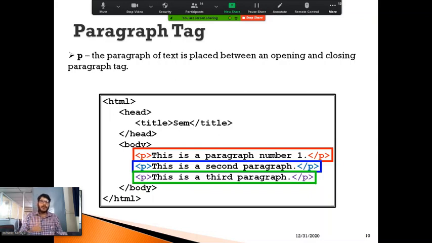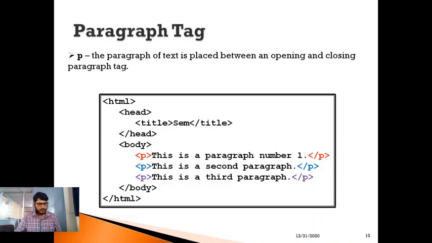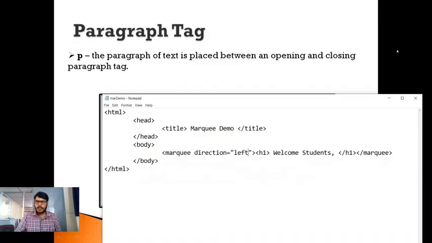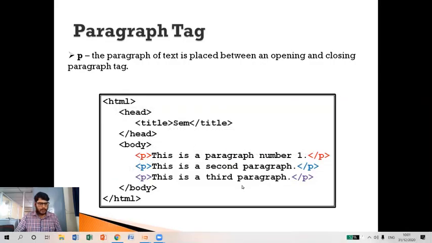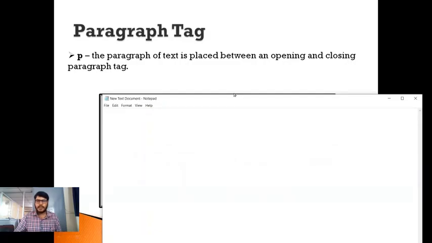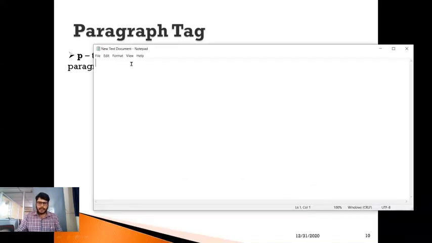Now let me show you how we can include a paragraph tag in an HTML document. Again, I will go to desktop here. Let me open a new document. Already I have opened a new document here. Let me write the basic code, HTML, closing HTML.